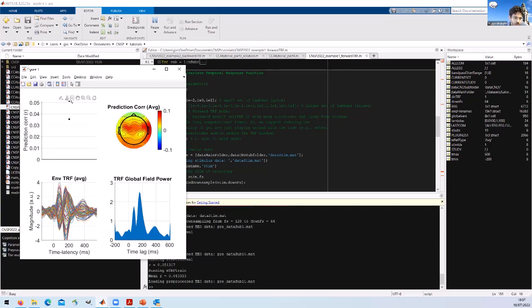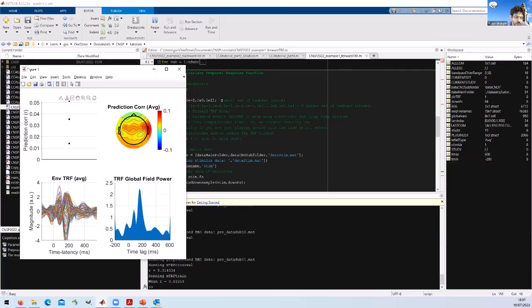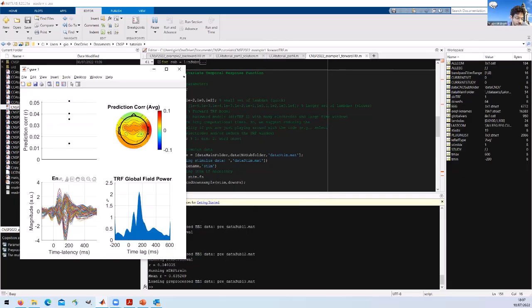So each dot here on the bottom, on the top left, represents the prediction correlation that was averaged across electrodes and across trials for a participant. And if you want to discuss this, we can talk about that later, of course. But the point is, we are running this for all subjects, and down here you have the plot, the average TRF across subjects. It's a very clean data set because these were young, healthy people listening to natural speech, and